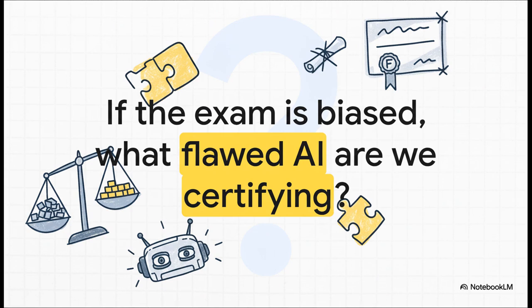This whole system is designed to give us an honest grade on the AI's performance, but that grade is only as good as the test itself. If our testing data, our final exam, doesn't really represent the real world accurately, with all its complexities and biases, then an AI can pass with flying colors and still be deeply flawed. So the question we're left with is, how do we make sure the tests we're giving our AI are the right ones?